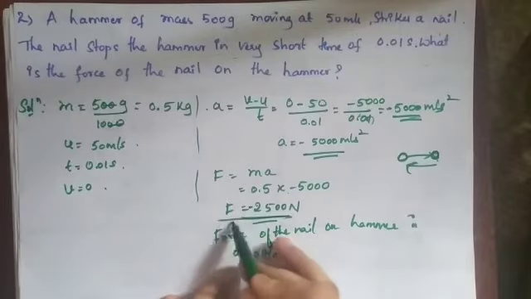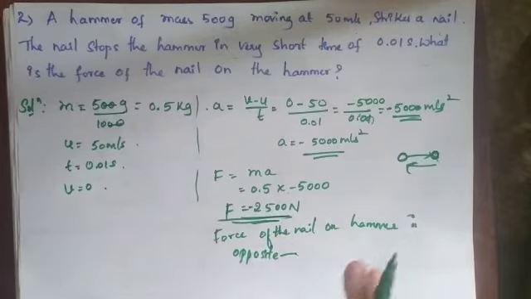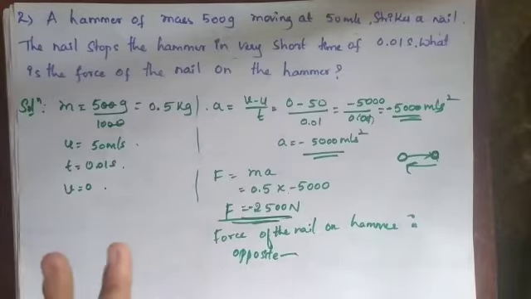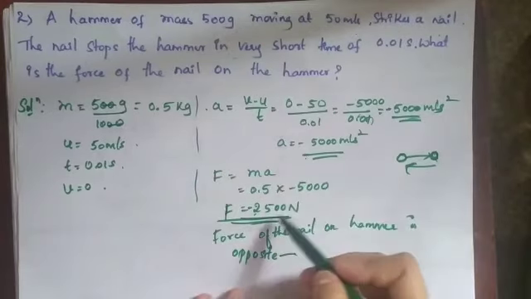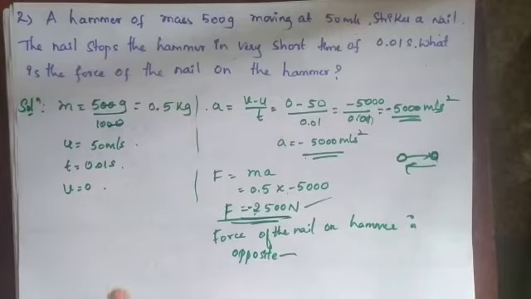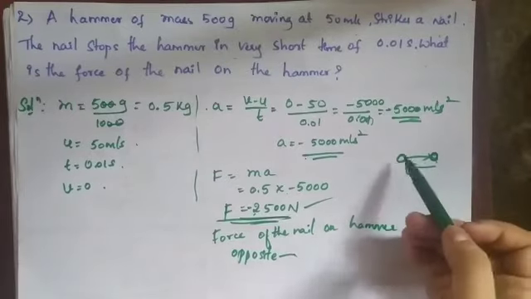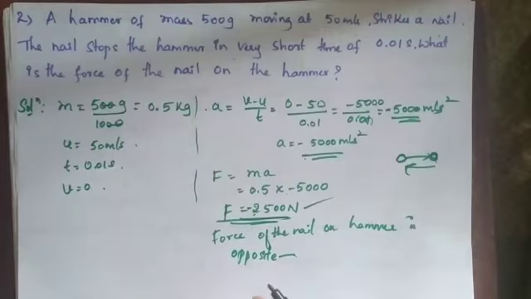So what you can conclude: the value you have is F equals minus 2500 Newton. You know why it is a negative value, but you have to write one sentence about the force. If it is negative, you should say one sentence about that. If it is positive, there is no need to conclude anything about the force. Mainly not about the acceleration, but if the force you got is a negative value, you have to conclude in one sentence about that: that is an opposite force, whatever force they have given will be opposite to the direction of the motion. So this is about the second problem. Let's go with the third one.